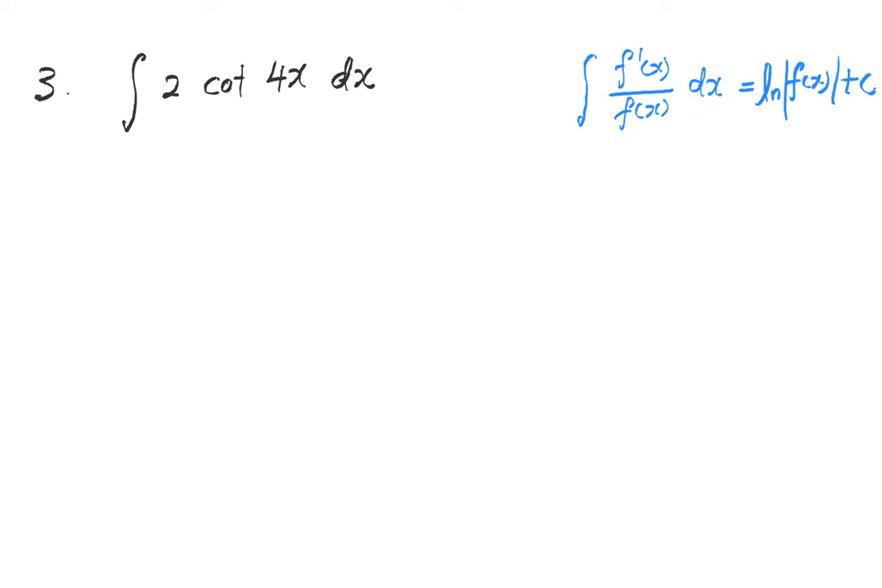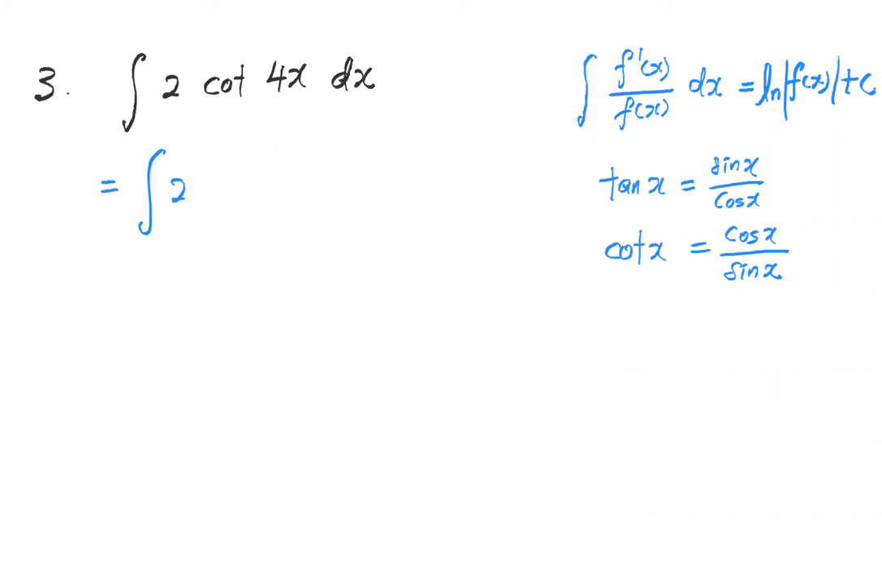And we have to know that tangent is sin over cos, and cotangent is cos over sin. All right? So this one will be integrate 2 times cos